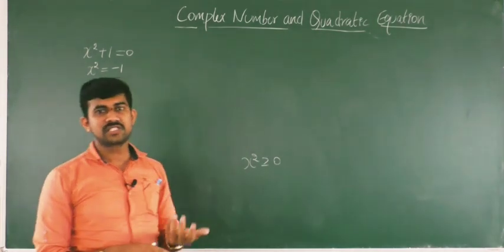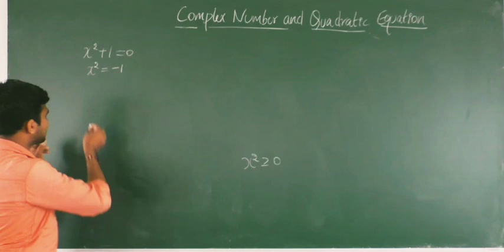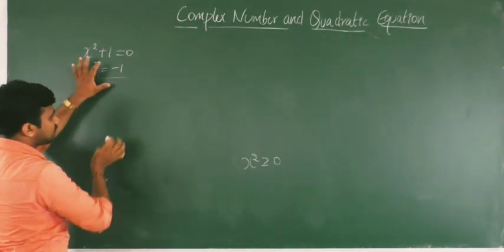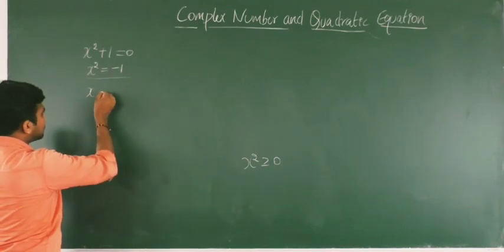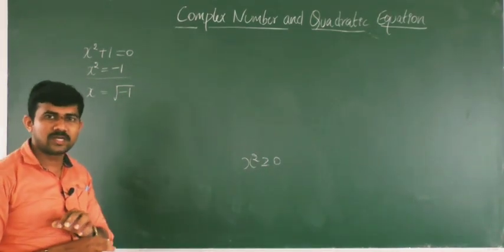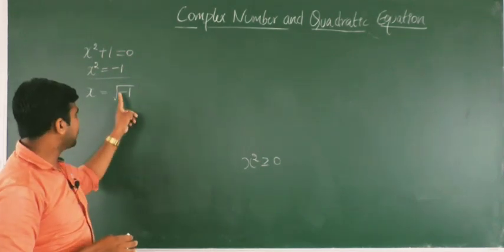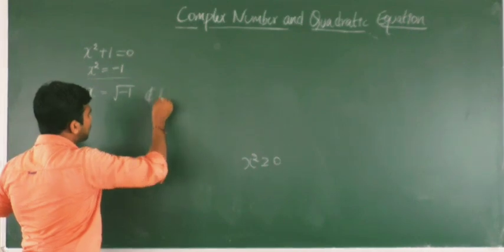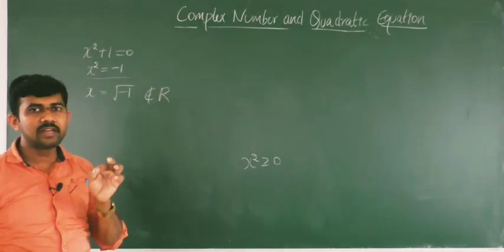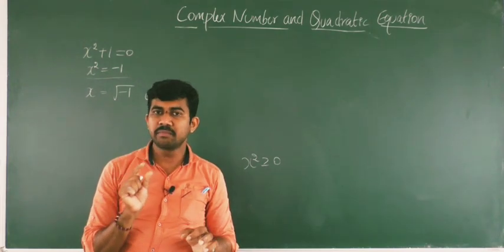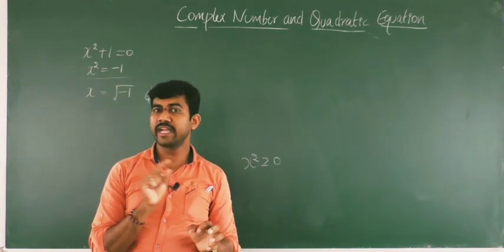If you want to solve this equation, I'll solve this. See, x squared is equal to minus 1. This is not possible. So what will we get for x? We'll get the square root of minus 1. Now again, this does not exist in real numbers, it does not belong to real numbers, because in real numbers you always have a positive number or 0 inside the square root, not a negative number.